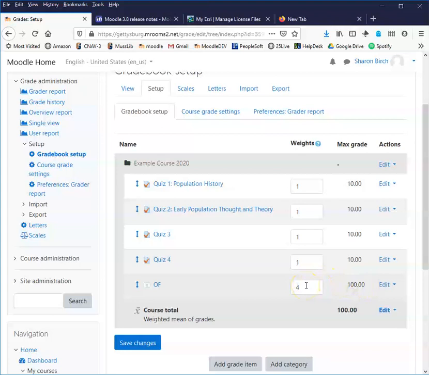And then that's what gets averaged after that. My point is that you don't have to be too concerned about how weights add up as long as everything is the same relative to what you expect them to be. That is, if you expect this to be worth as much as all these put together, you need to make sure that those add up that way, whether you're using a percentage of 100 or whether you're using just some